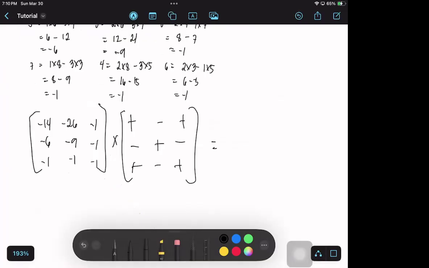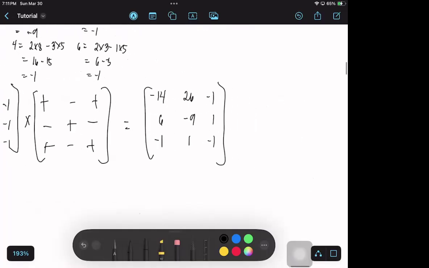It will become negative 10 positive, it will be -14. Negative times negative for 26 will become positive 26. Negative times positive is -1. Negative times negative will become positive 6. Negative 9 times positive will become -9. Negative 1 times negative will become 1. Negative 1 times positive equals -1, -1 times positive, that is 1, -1 times positive equals -1. So this is the result. We're able to multiply that already, but that's not the adjoint yet because